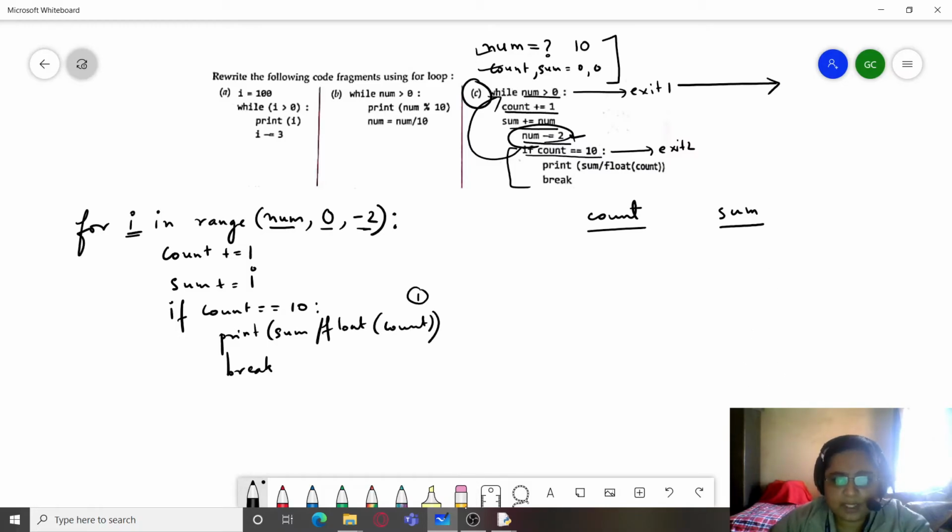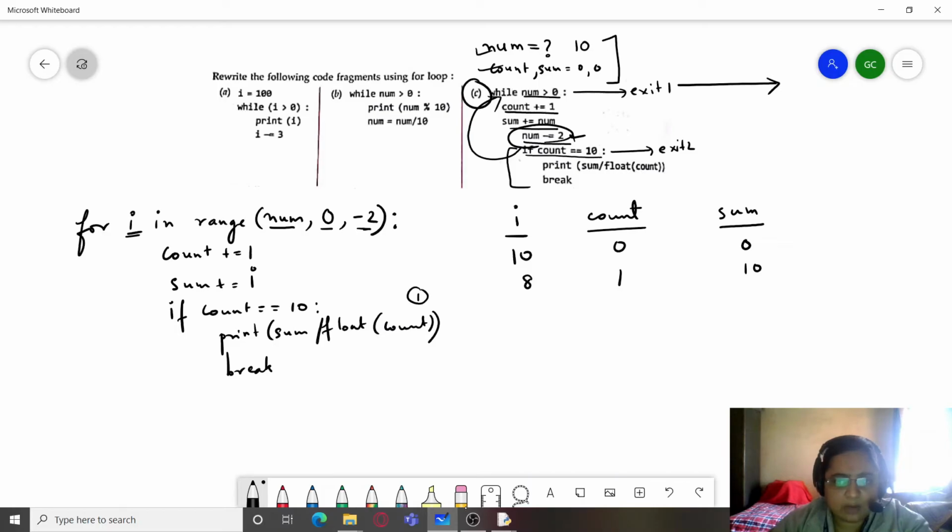So we are going to take i now, and it starts from num, that is 10, and count is 0 and sum is 0. So now count plus equal to 1, it is 1, sum plus equal to i, that is 10, and if count is equal to 10, this is not true, so we'll go back, the value of i will be decremented by 2, so it will become 8 now.